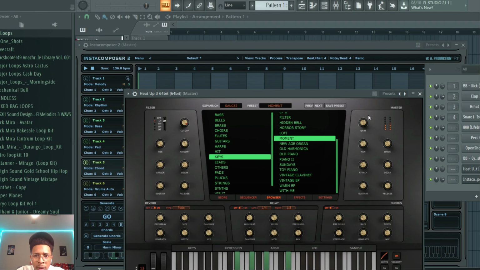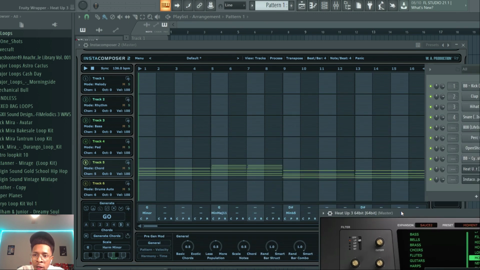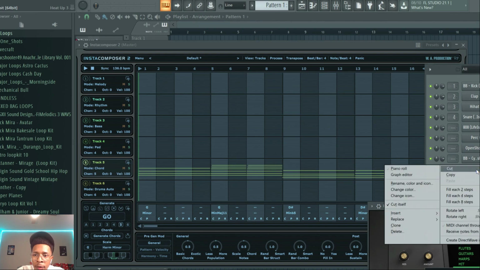I like that. Okay, it's a little dark, a little set the mood. We can always add on to that later. Now we're going to clone this,